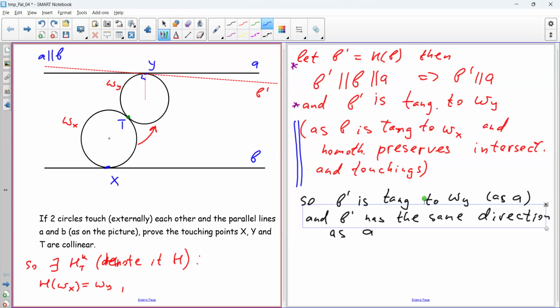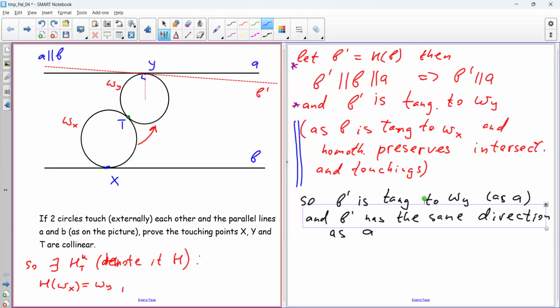Because yes, with this homothety, we can say that the coefficient of the homothety must be negative, so that the direction of any vector which we consider must change to the opposite. So any vector goes to a parallel vector, but with negative coefficient, it goes to the parallel vector of opposite direction. So here, that means that if we introduce